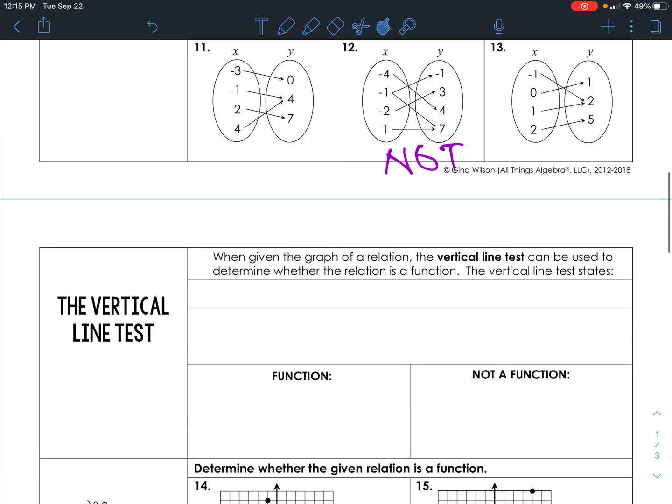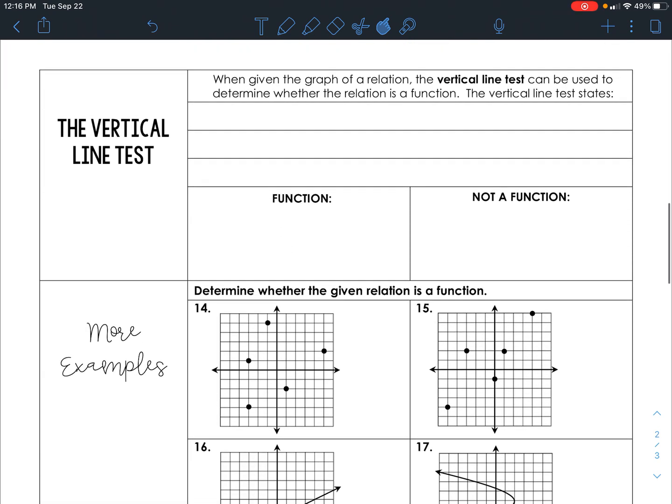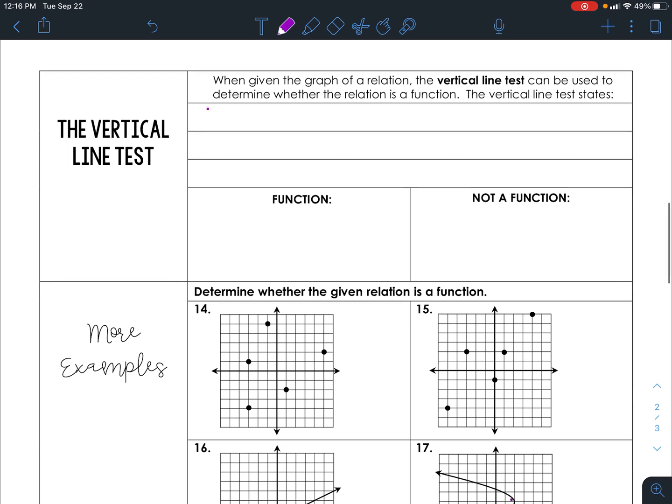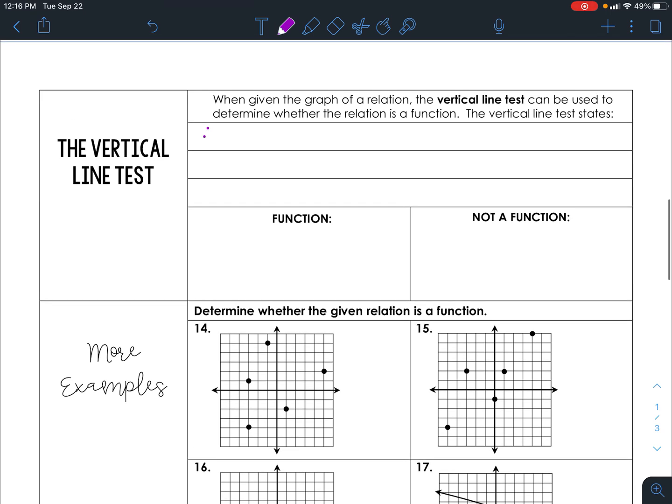All right. So now we're going to be doing the vertical line test. So first of all, we need to figure out what the vertical line test is. The vertical line test just says that if a vertical line, so a line that goes up and down, so it would just be if a vertical,